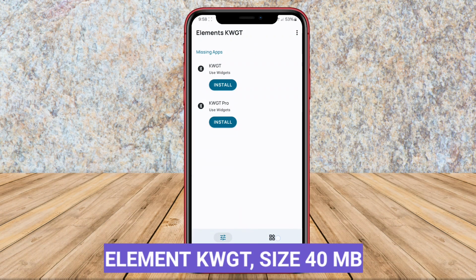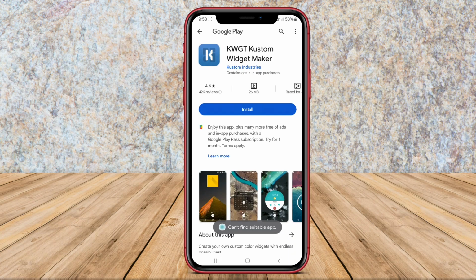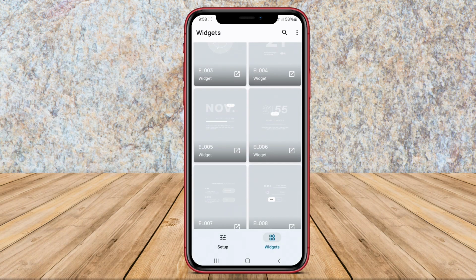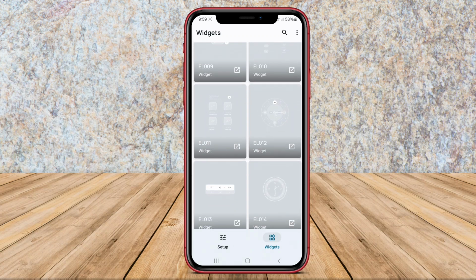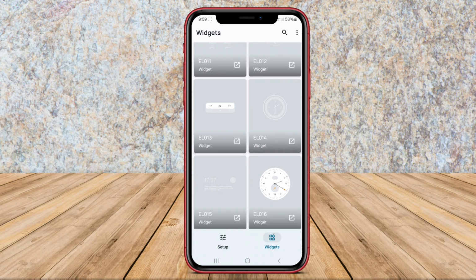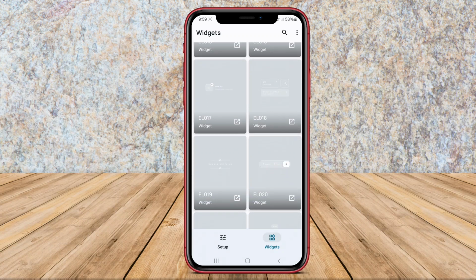Element KWGT. Element KWGT is a popular widget pack for Android devices that offers a wide range of customizable widgets to enhance the look and functionality of your home screen. With Element KWGT, users can choose from various widget styles, colors, fonts, and designs to create a personalized and unique